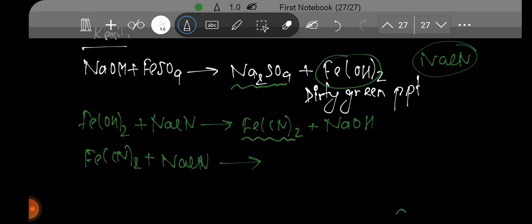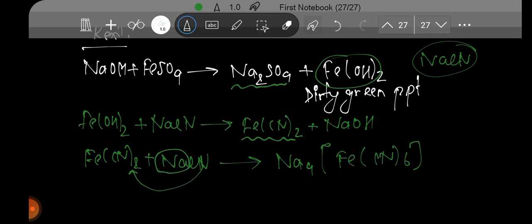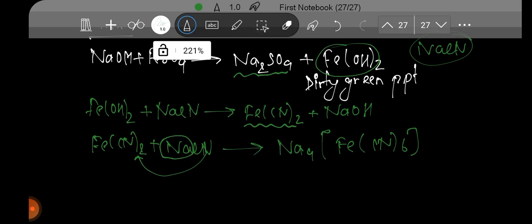Most students ask how you understand that it is going to form a complex. Let's see. This Fe reacts with NaCN and Na reacts with CN. They both have a CN component, so it is impossible to form both components with the same components. So there is the formation of a complex. Sodium complex is going to form and this CN is going to mix here: Na4[Fe(CN)6],